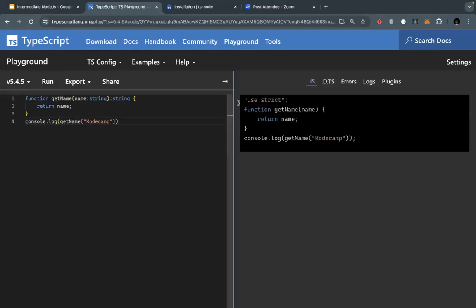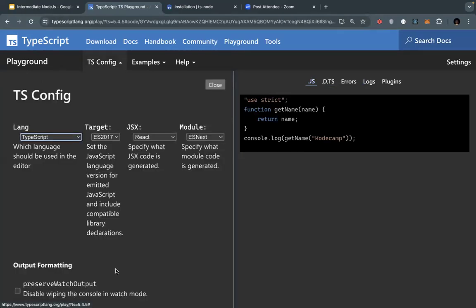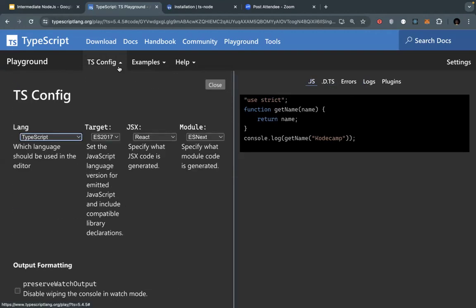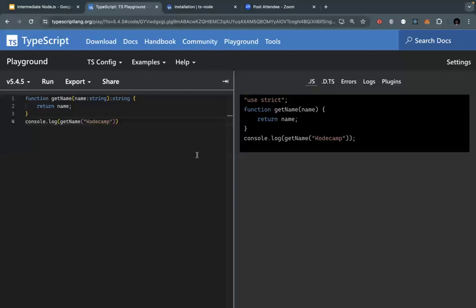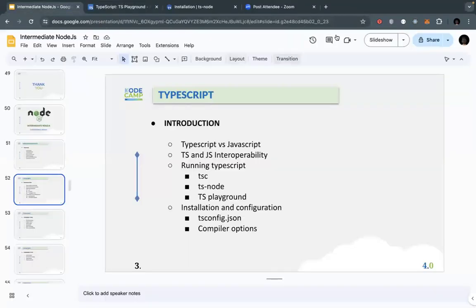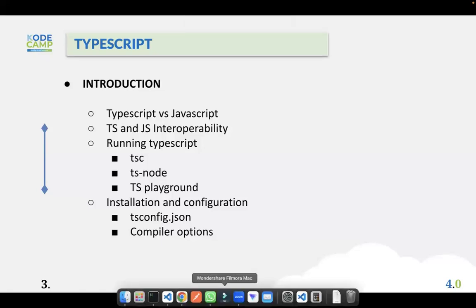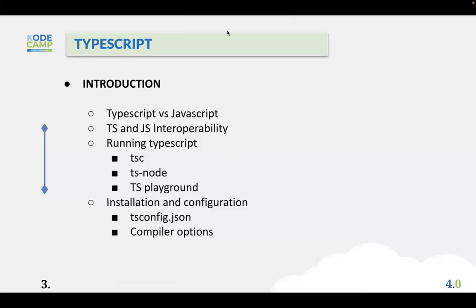And when we get to the compiler options and other options, we look at the TS config and how to set all the compiler options in our VS Code and using the TS playground. So we get to understand it better. And now moving on, we've basically learned how to use the TS playground. So installation and configuration. Now that we have ts-node installed,